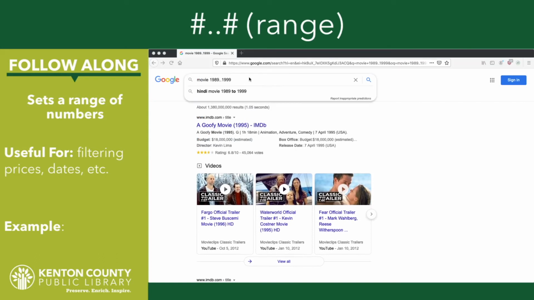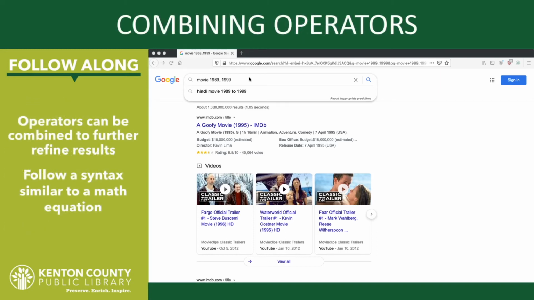So we've seen lots of neat operators that can be really useful, but every once in a while, a single operator isn't going to quite cut it for what you want to search up. Something you can do, though, is combine operators. This kind of works the same as a math equation, so things in parentheses come before things outside of parentheses. But once you get the hang of getting those built up, you can find some really specific stuff and save yourself lots of scrolling. So, for example,